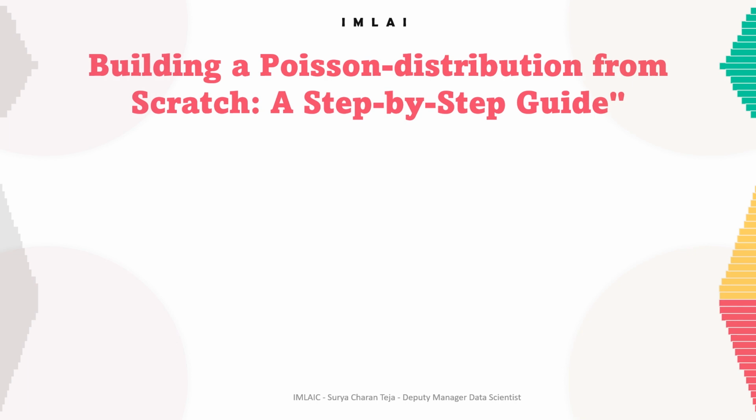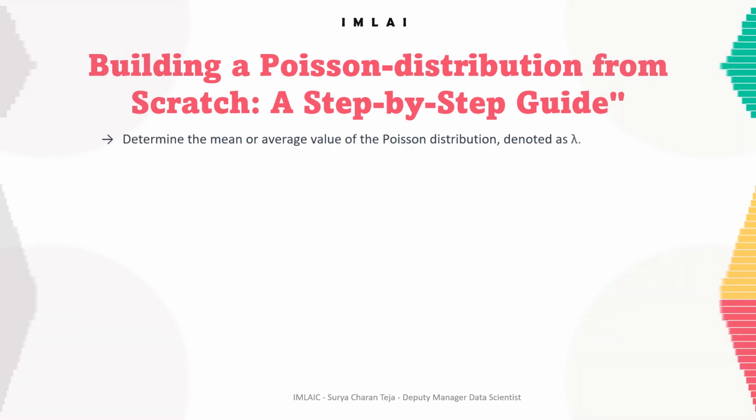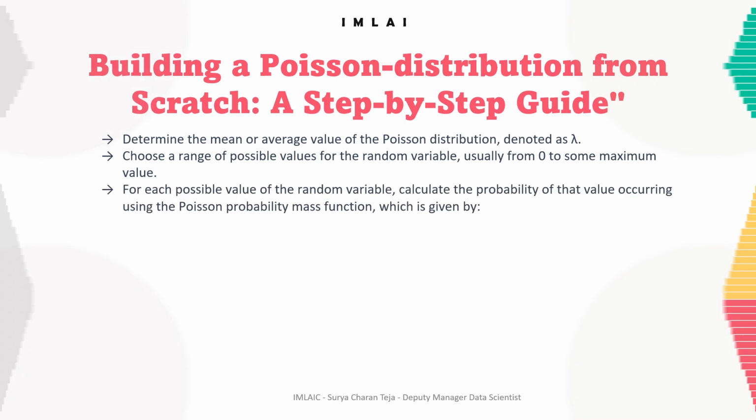The Poisson distribution has only one parameter, which is the mean lambda, or rate of occurrence of the events. To build a Poisson distribution, we have to follow certain steps. The first one is to determine the mean or average value of the Poisson distribution, which is denoted as lambda. Then choose a range of possible values for the random variable, usually from 0 to some maximum value. Then for each possible value of the random variable, calculate the probability of that value occurring using the